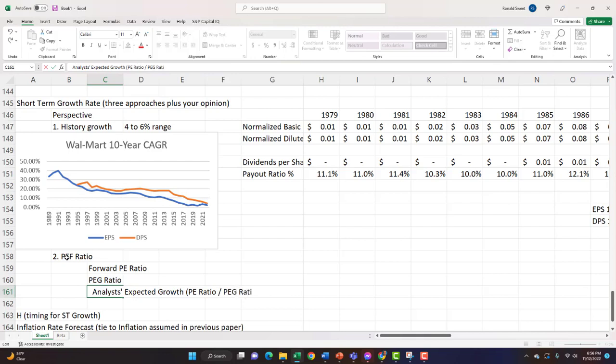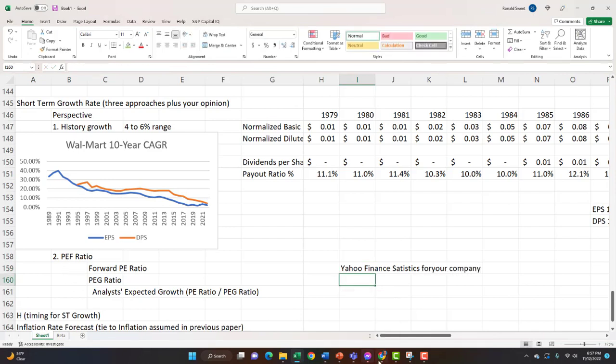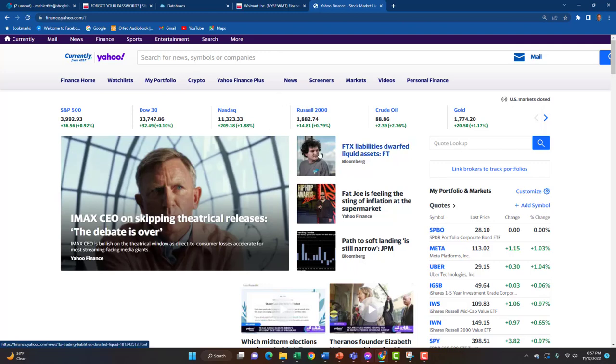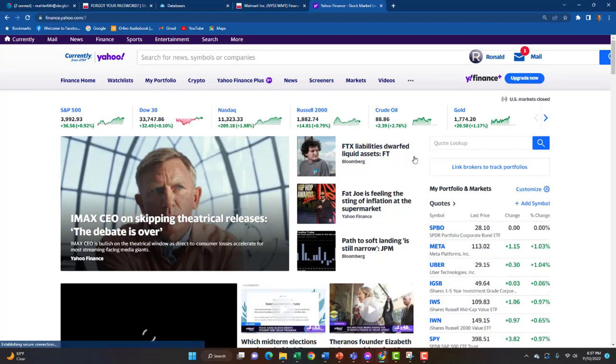Because the PEG ratio takes the PE ratio, the forward PE ratio, and divides it by what the market thinks earnings growth will be over the next 5 years. So it gives you a number. So let's go find these numbers. You can get this from Yahoo Finance Statistics for your company. So if I go back to the internet and then click on statistics,